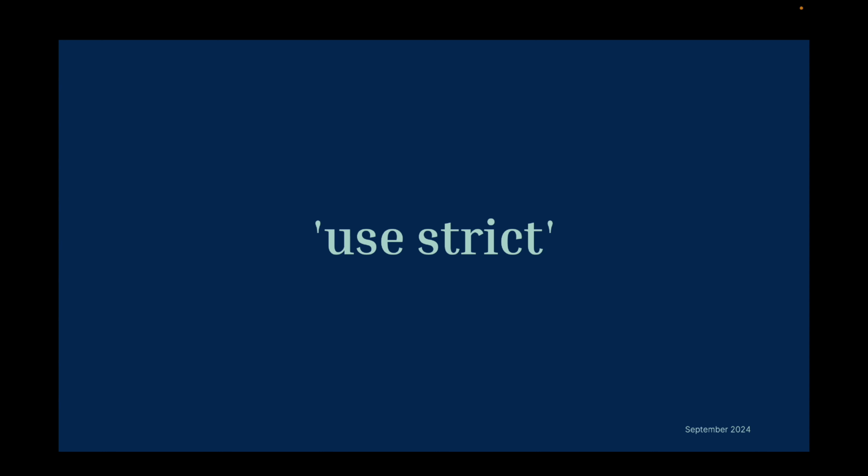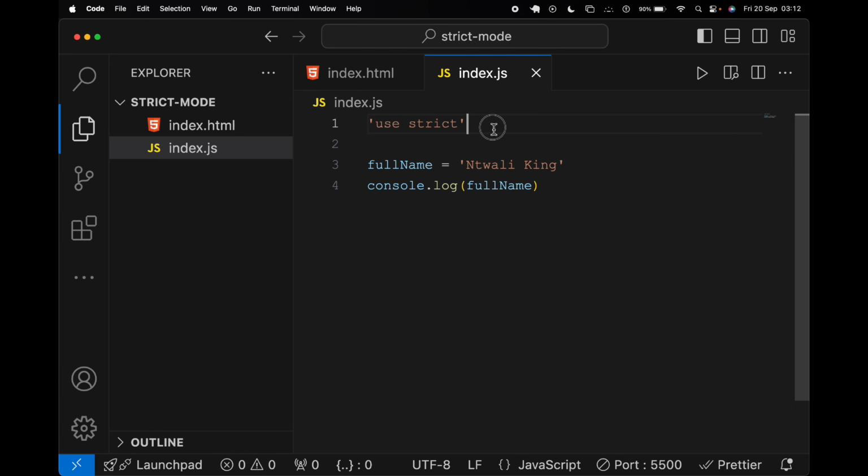And how do we enable strict mode? We enable strict mode the same way I used it here, by just making sure that we put use strict at the top of our file. And this will mean that we are enforcing strict mode within our whole file. And you can do that for all your JavaScript files by just making sure that you write on your first line the use strict directive, and this will enable strict mode within your whole